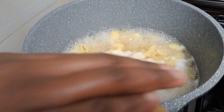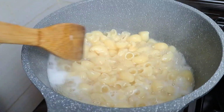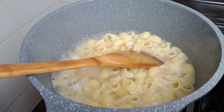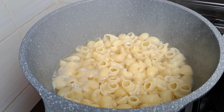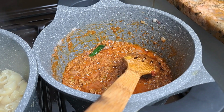I can see some chilies in there, so at some point I did put chilies. I don't know where that footage is, but you can add some whole chilies to your stew if you like spicy food. Now these are nice and boiling, so I've just completely removed the heat, because they're basically cooked. You can go ahead and taste one to see how it is, and then we'll just go ahead and drain